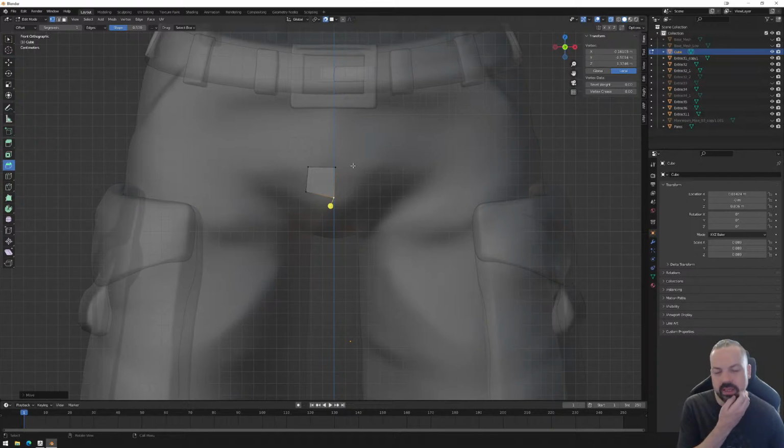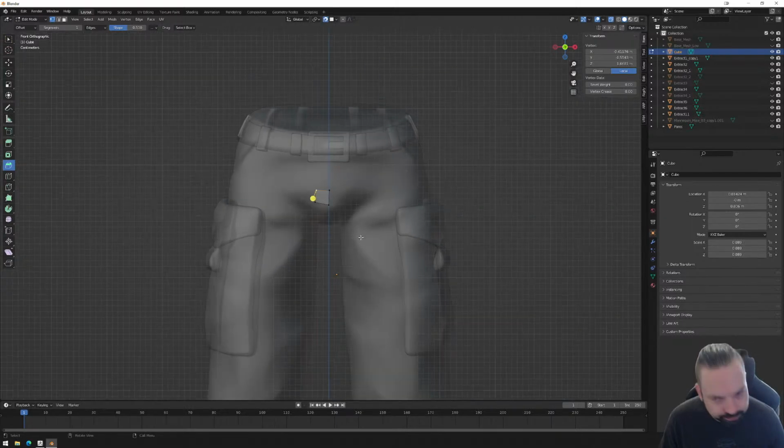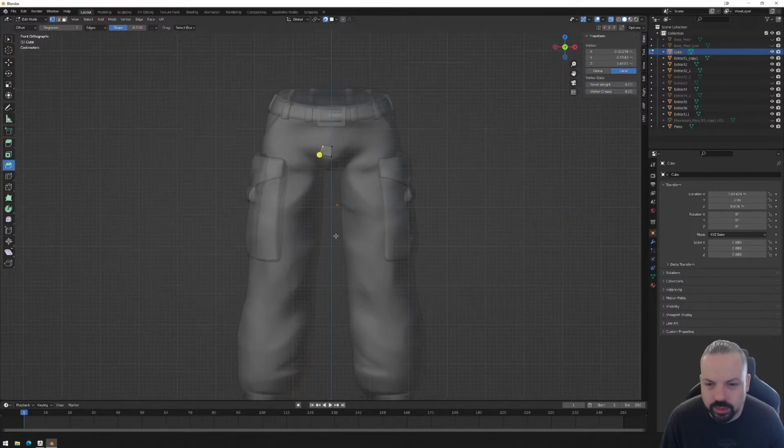So you're basically tracing the high polygon. Now with practice, you start understanding how many polygons you need. You don't need to keep it uniform. Some areas are more detailed, some areas are not. But when it comes to,